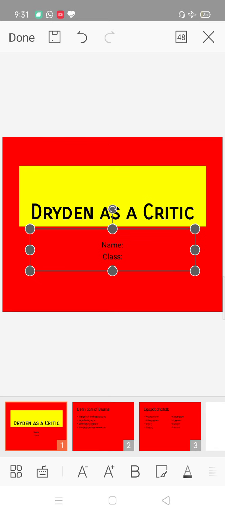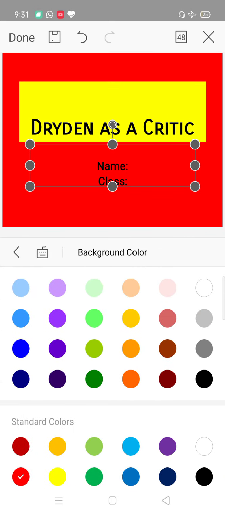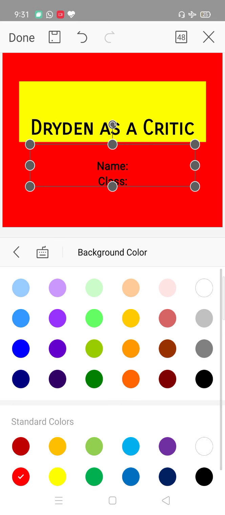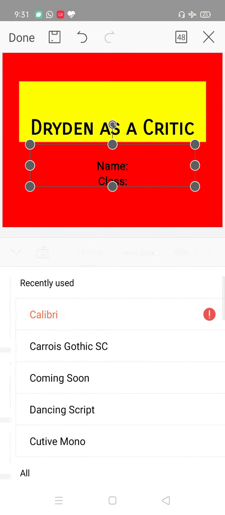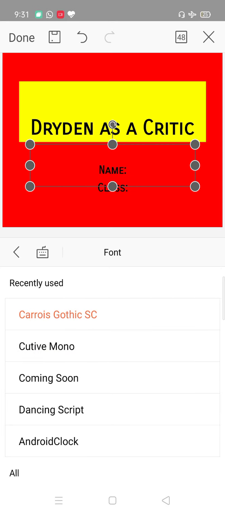Now in the same manner, you can change the fonts here, make them bigger, okay, and change the color of the text here. Sorry, this is background. You can go to this home and change the font if you want, right? Okay, and like this.